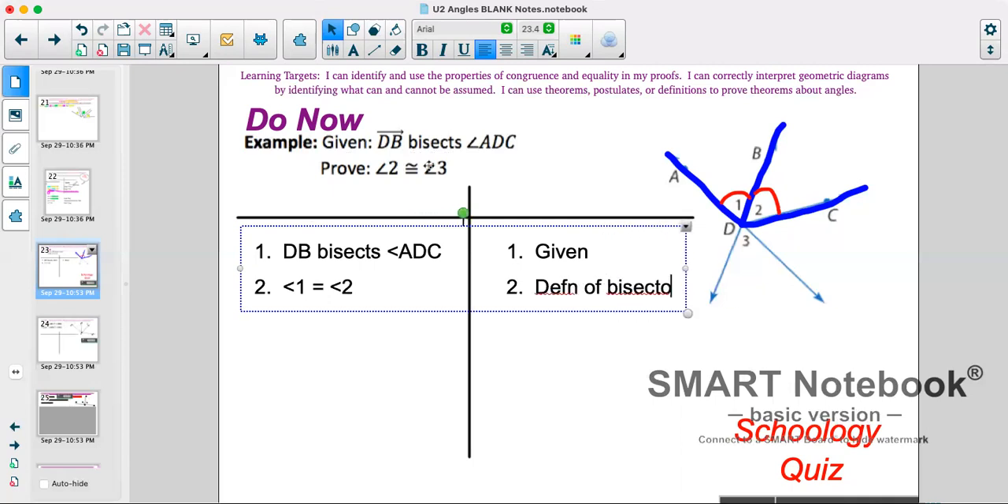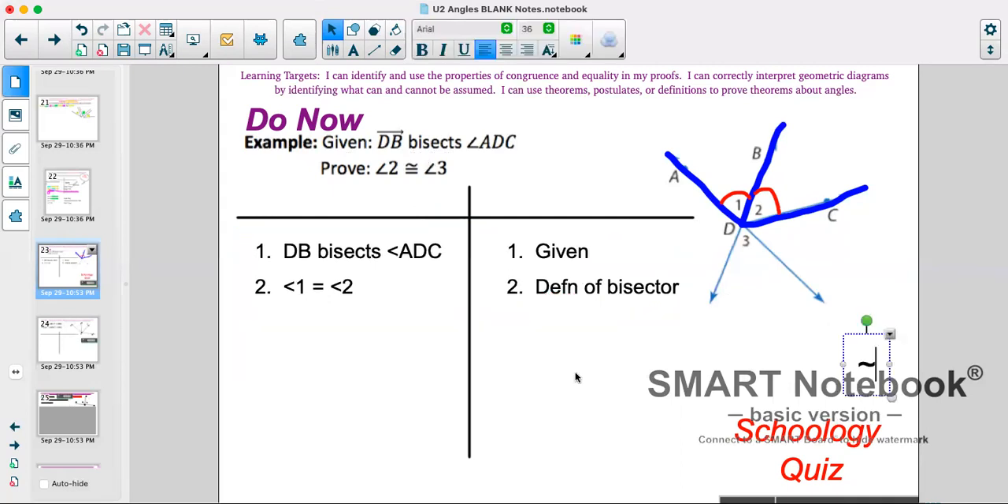If you have a very particular instructor, then they're going to want you to put the definition of an angle bisector. I'm okay with the generic statement because a bisector, whether it's bisecting an angle or a segment,